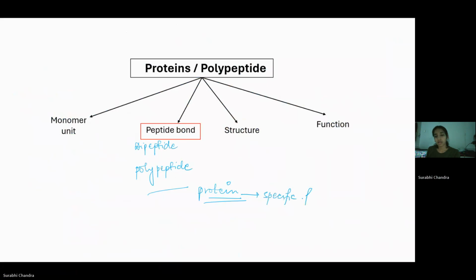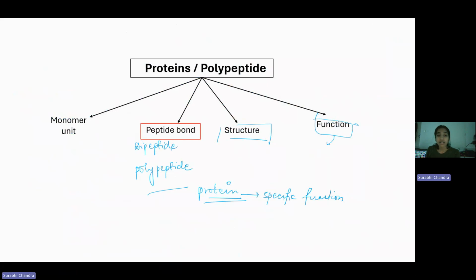Okay. So we will be focusing very elaborately on structure and function. In case of function, we will be mainly looking at enzymes and their functions, or enzyme kinetics. But first, as of now, we'll be looking at different properties of peptide bond, how it's formed,